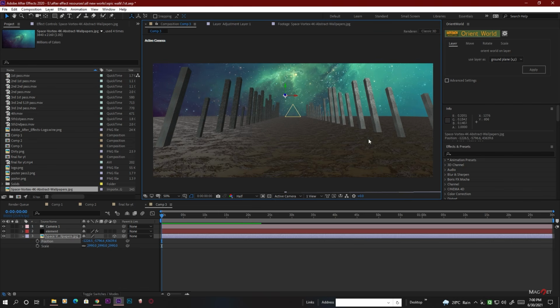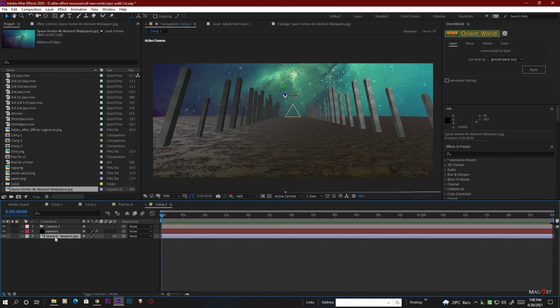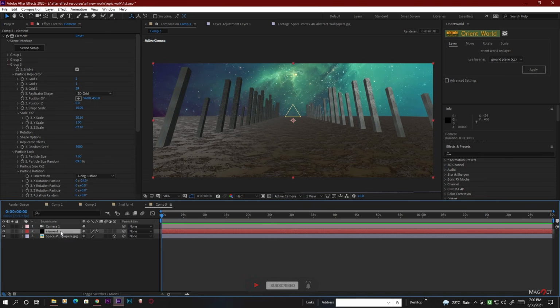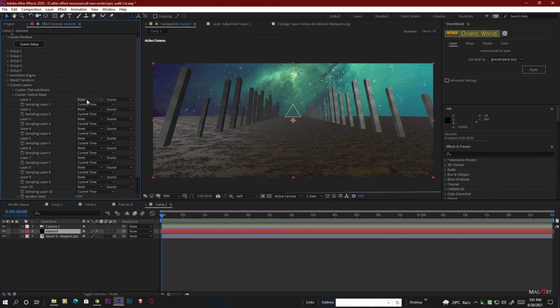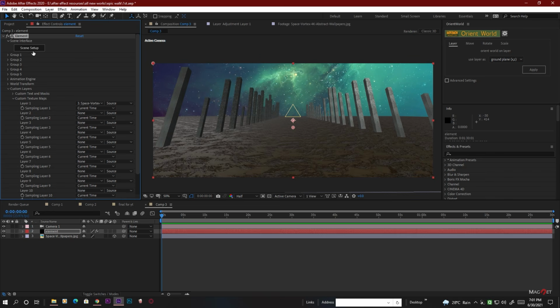But our environment looks different from our sky image here. So for this we're going to use this image as an environment map for the Element 3D world. So how do we do this? First we select the Element layer here, and go to the custom layers, and go to the custom texture map, and go to layer number 1, select this space image here, and then we go to the scene setup again,